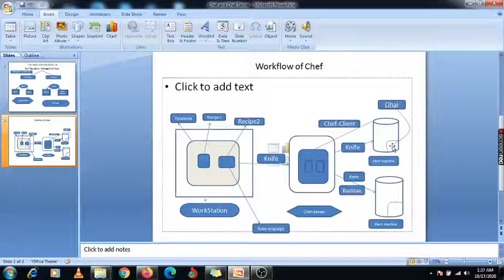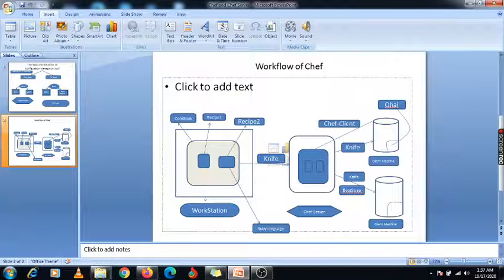First it will check with my Chef server using this Chef client, and if the Chef client gets an updated version on my Chef server, it first checks with the Ohai database. About your Python version, if it is 2.2 and the updated version is 2.4, it will communicate directly with your Chef server and update your Ohai.